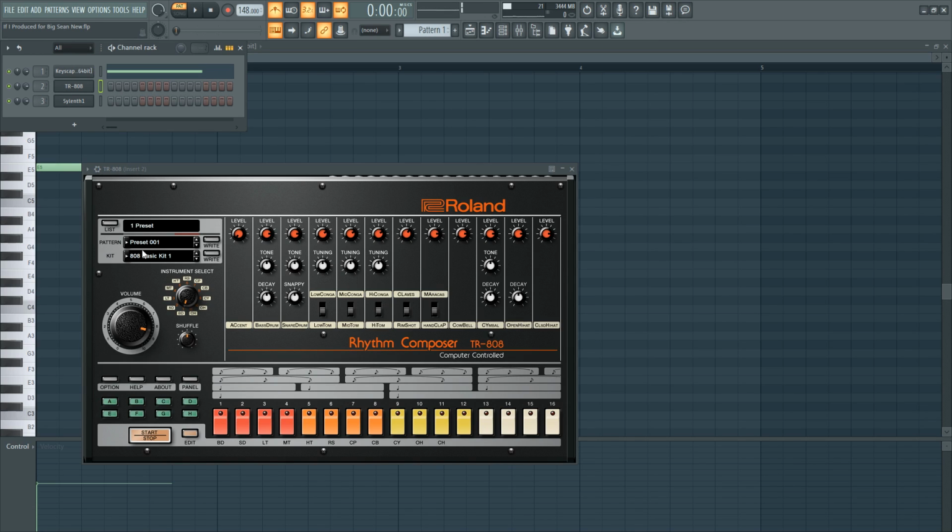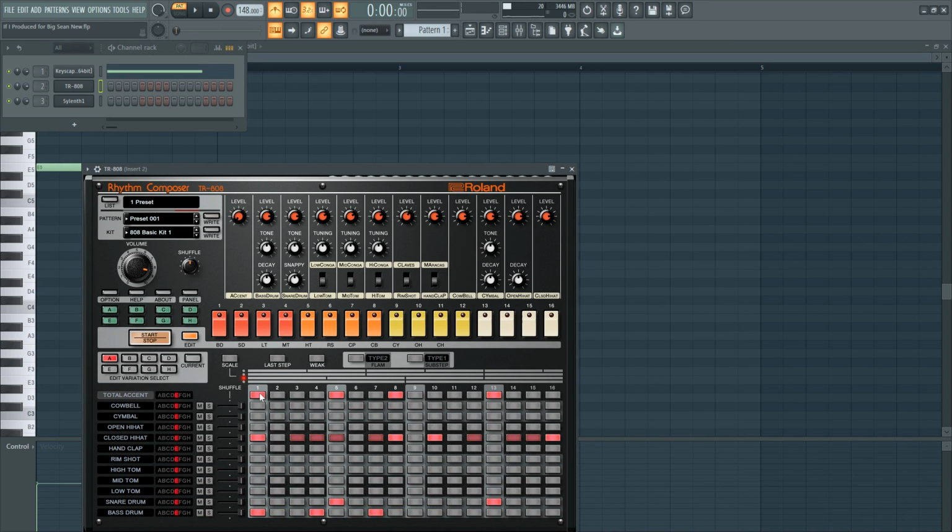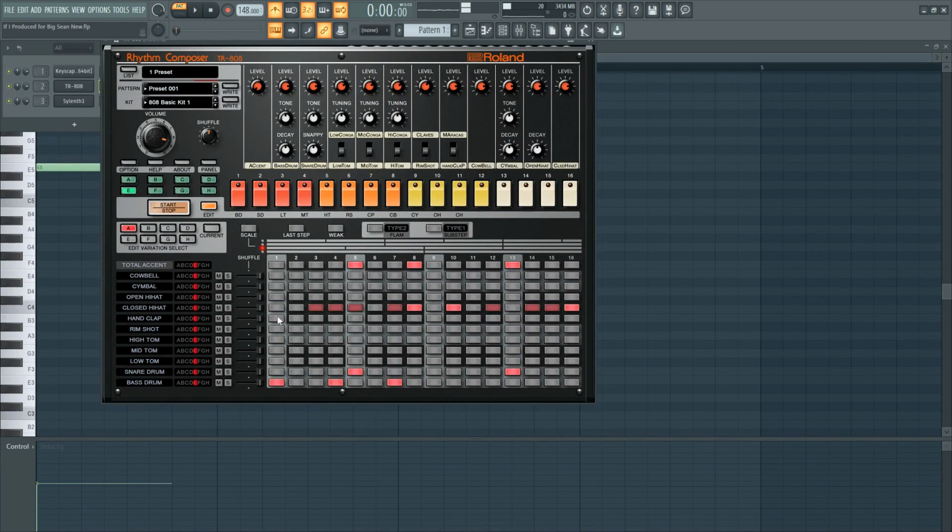So I might not use this plugin. I was using it because I want to grab some samples, but it seems like it has pre-made rhythms. How do you turn this thing off? Edit, okay. Man, it's a lot going on. It looks almost like the FL Studio sequencer a little bit. Let's turn off these notes. There's probably a button somewhere that does it automatically. Whatever, I'll do it manually until we figure it out.